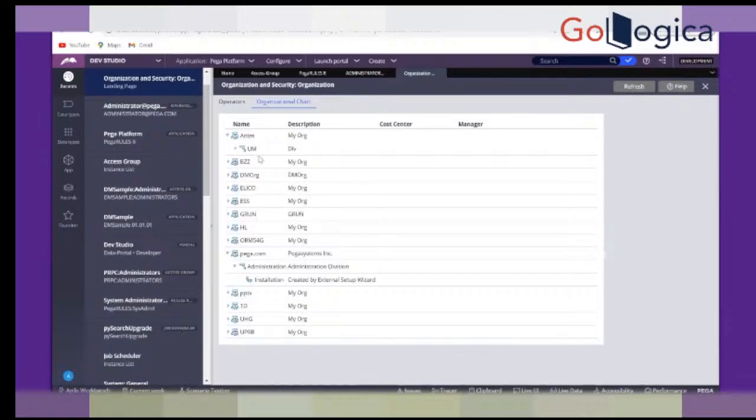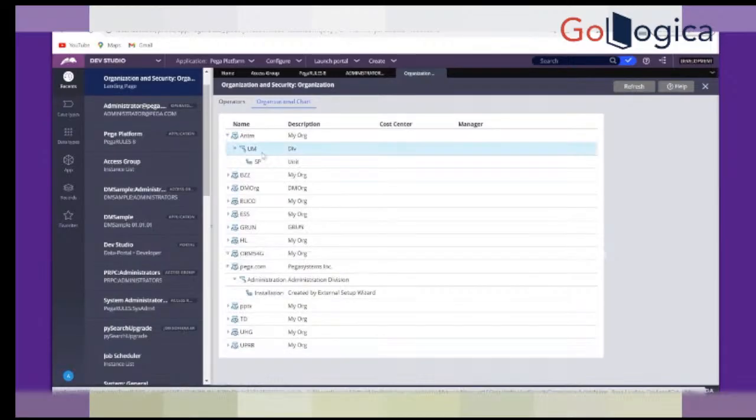Under Anthem, utilization management is one such division, and inside this there is a small unit, SP. So it is kind of an abbreviated form as well. The unit, the division, or the organization, you can define those things in the format of abbreviated forms as well. Here there are different organizations that I have created